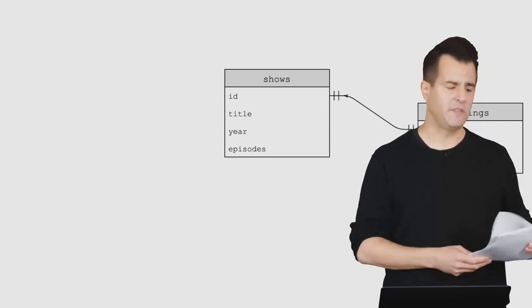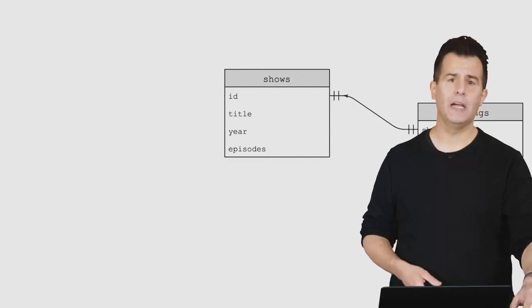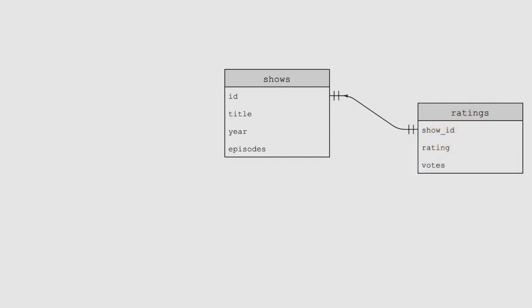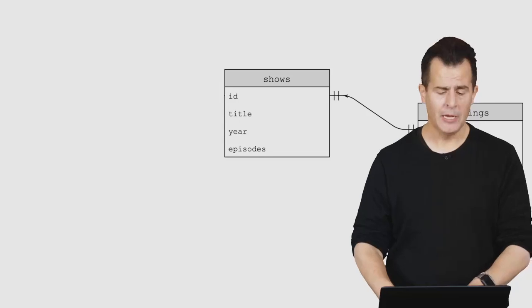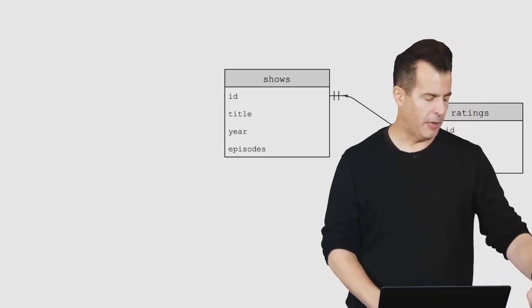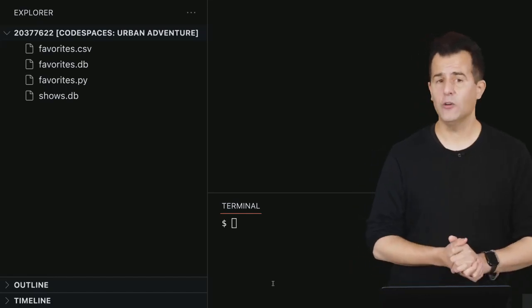Let's focus on the world of TV shows at left, and at right, the ratings thereof. Now, technically, these two tables could be combined into one, but insofar as ratings are such a prime feature of IMDb, and they themselves are sort of a real-world entity, the ratings for shows, IMDb chose to store ratings in a separate table, or technically TSV file, so we've opted to do the same for consistency with the original data set. But let me go ahead now and open up VS Code again, whereby I still have my files from